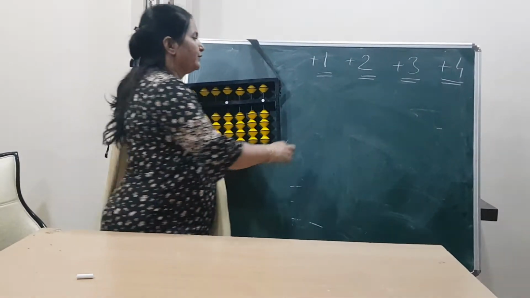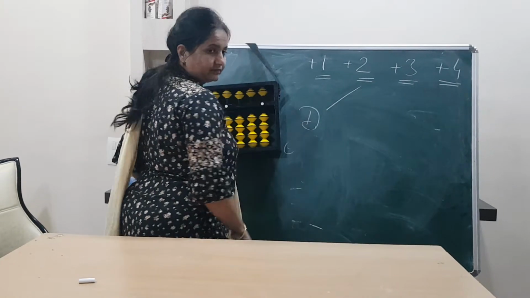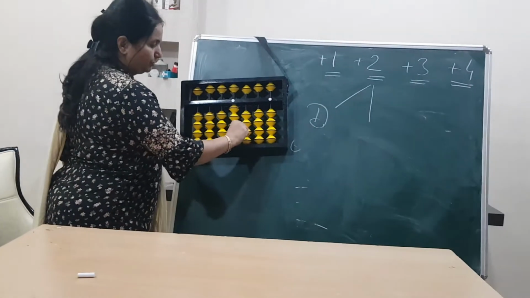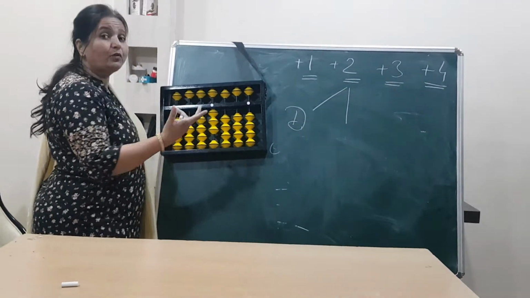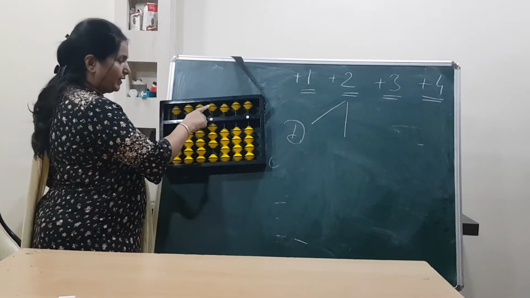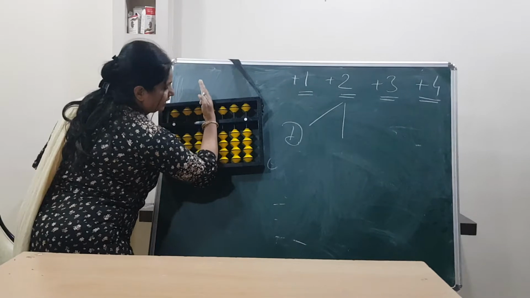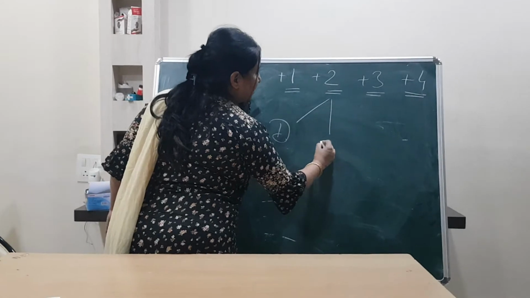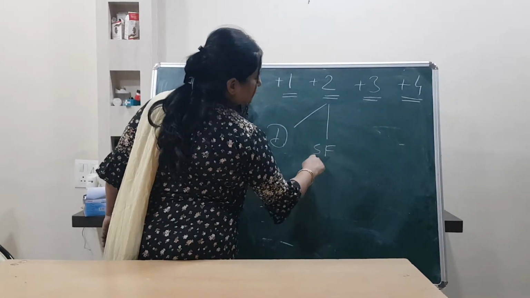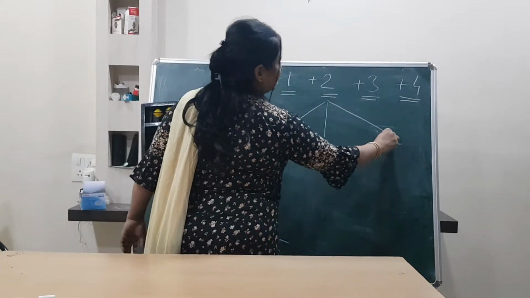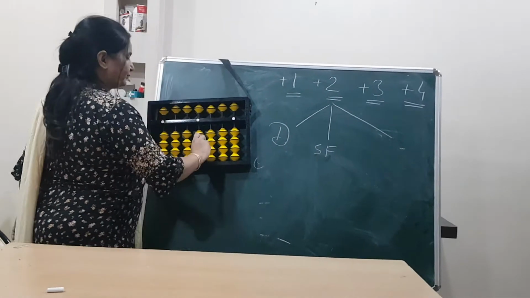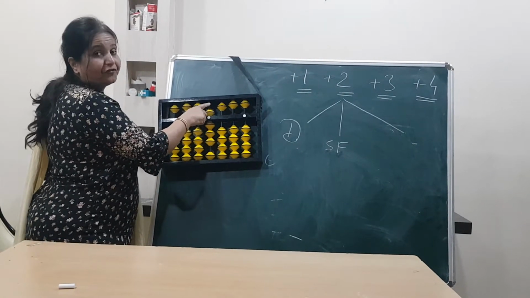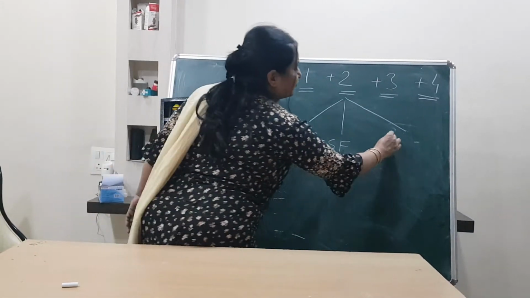So first, always look for direct. Second, if there is no direct, suppose now I did 1 2, can I do 2 again? No. Then what to do? In that moment, if 5 is available on the same rod, then you need to follow the small formulas, the small friend formulas. And third, if there is no 5, suppose now 6 plus 2 plus 3, can I do direct? No, and I don't have 5. That time we will move to the big formulas.